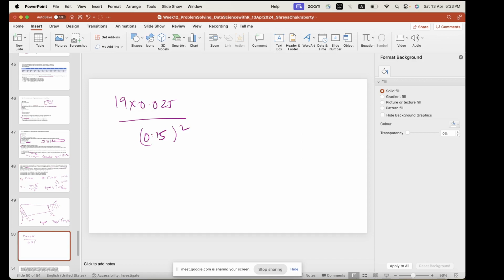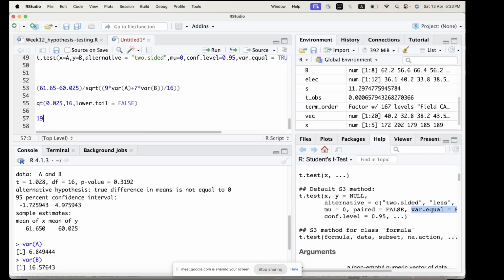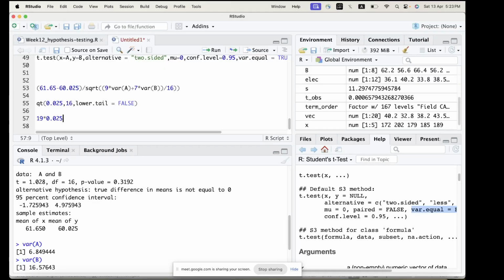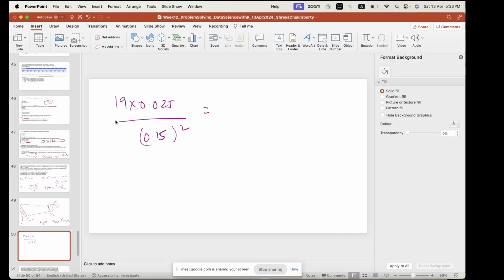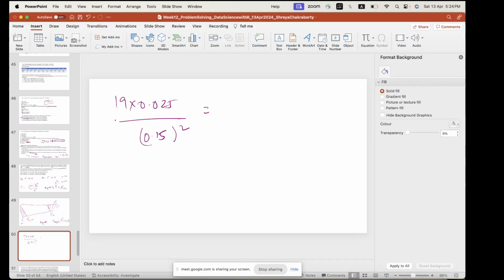What will be this value? Let us just find out. 19 into 0.025, divided by 0.15 square. So this is my test statistic,